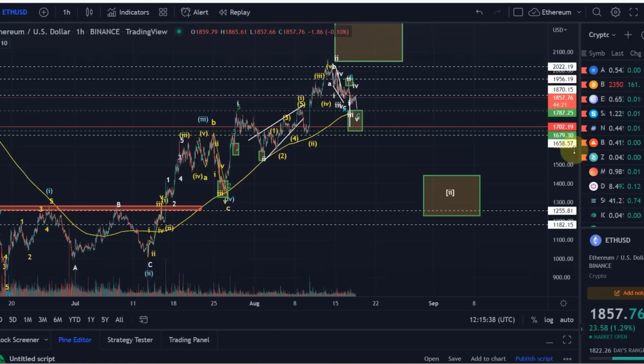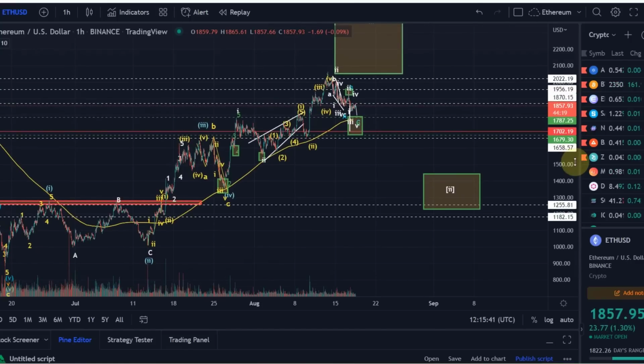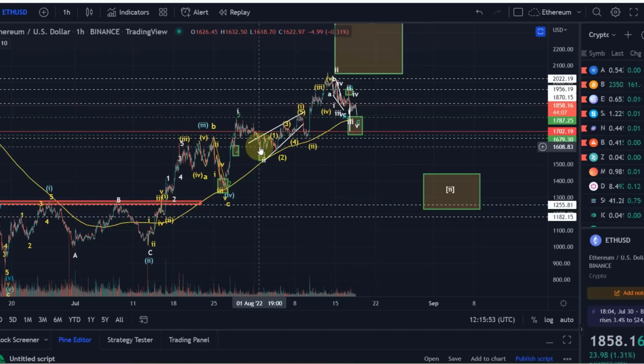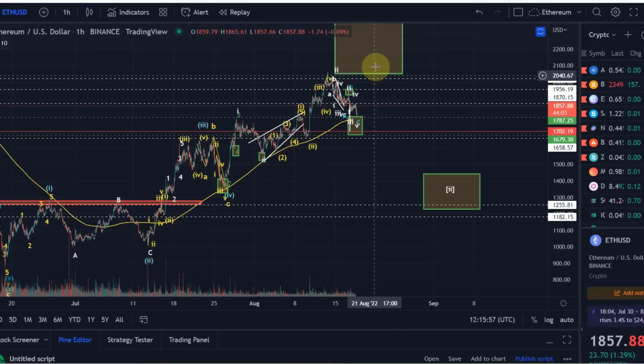So this is what I expect imminently for Ethereum, and I also told you here the key support levels. If they get broken, we know that we are in the wave 2 already. At the moment, I don't assume we are in the wave 2. At the moment, I assume we are going to push higher. Therefore, this primary expectation that we are going to reverse in this green area that I have just shown you on the screen into the next larger area up there, before we actually then come down and will move up from there again. Okay, and that's my update about Ethereum.